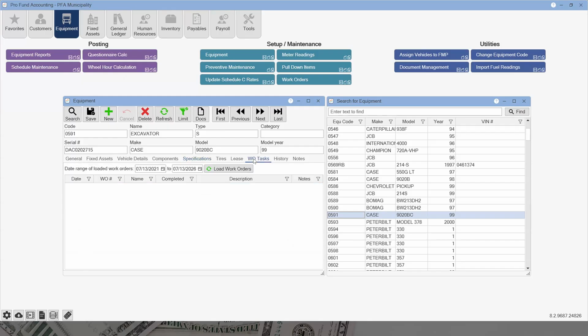A work order, we've stopped using work order lines as our terminology. We're working more with work order tasks. So a work order has tasks to do it. If you want to see the new work orders